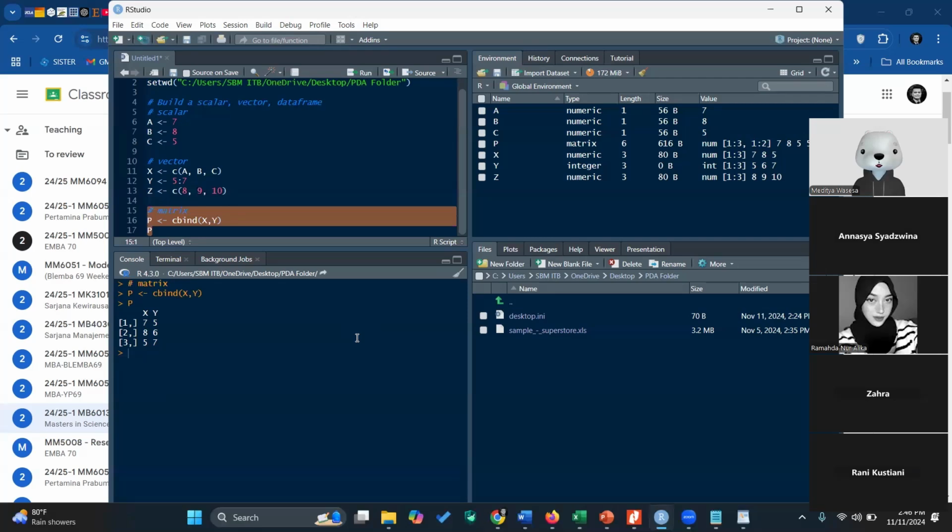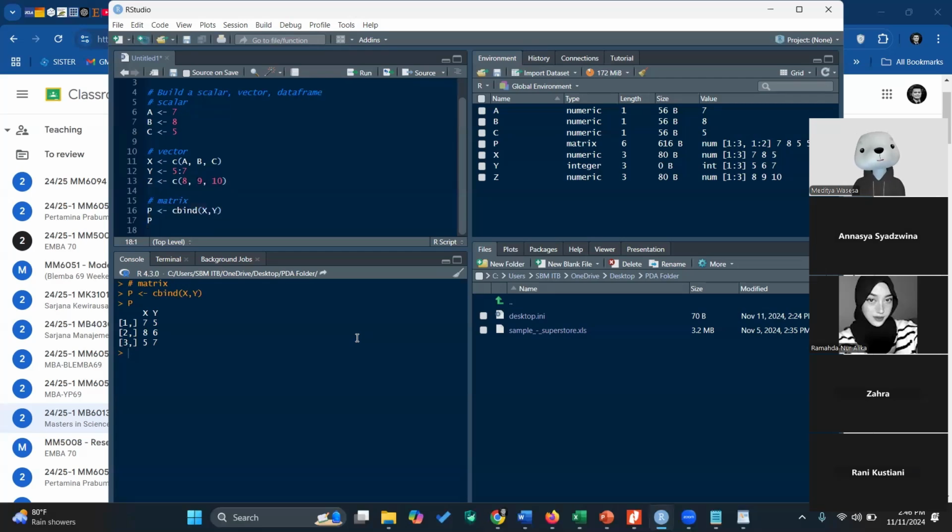But I can also do, for example, R bind. C bind means that the vector is treated as a column. R bind is row bind. For example Q, I would do R bind, between maybe Y and Z, or maybe X and Y. So you can see the difference.